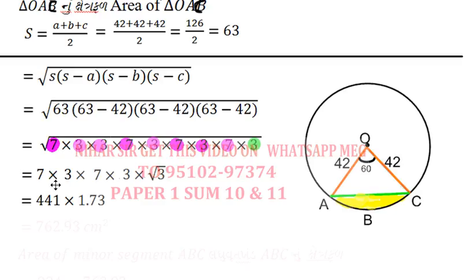So that's 441, 7 threes are 21, 7s and 3s, and the value of root 3,